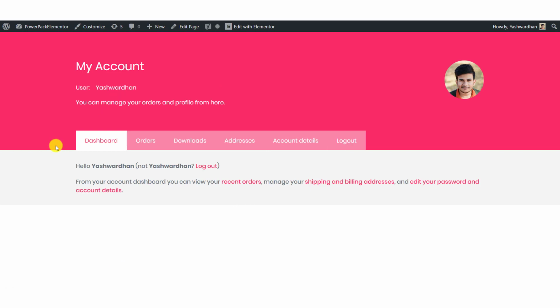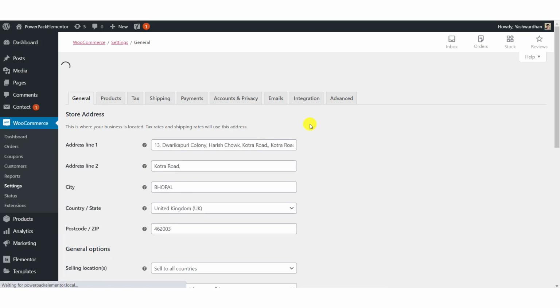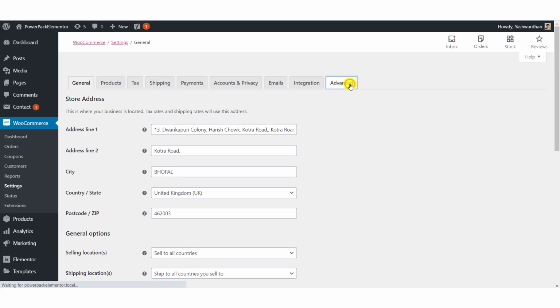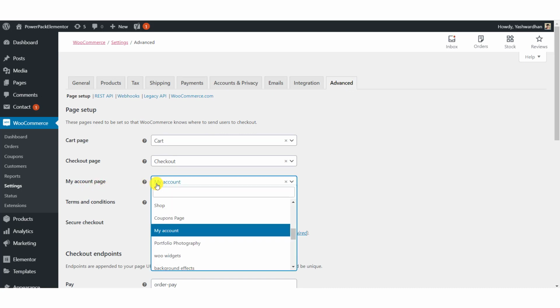Alright, so we have one more step to do to make this My Account page fully functional. For that, go to your WordPress dashboard and go to WooCommerce and then settings. Now click on the advanced tab. Now look for the My Account page drop down and select the page that you have just created.